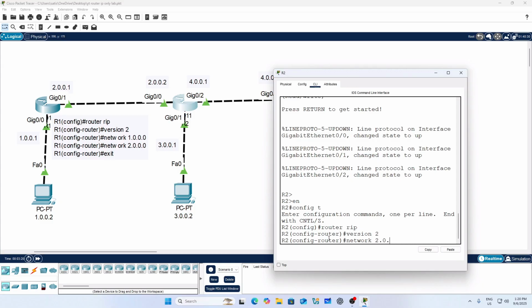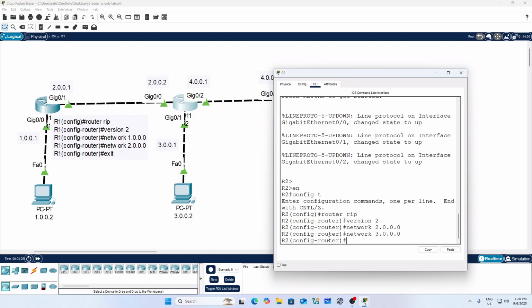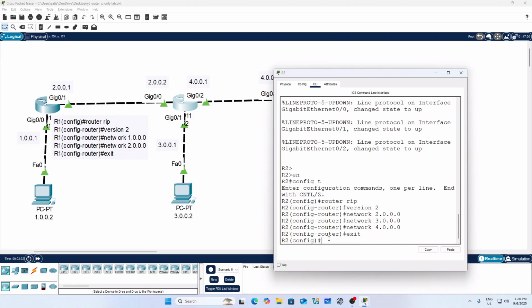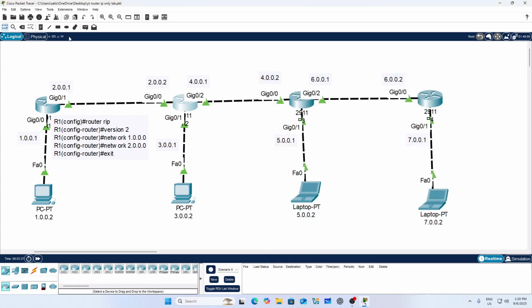Network 2, network 3 and network 4. Okay, exit. Done. So we have successfully configured RIP routing on router 2 also. Let's paste the code here. Okay, so this is the RIP routing on router R2.